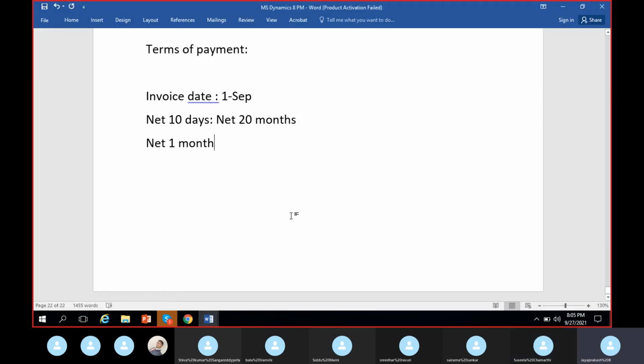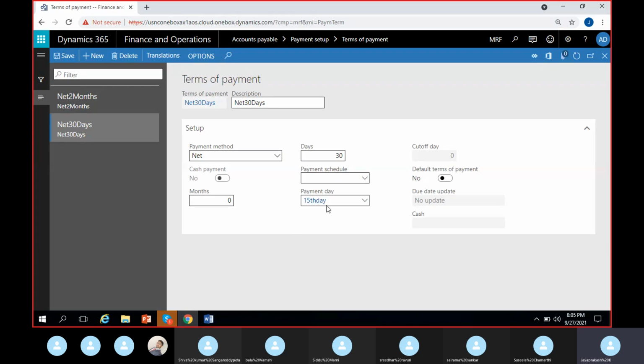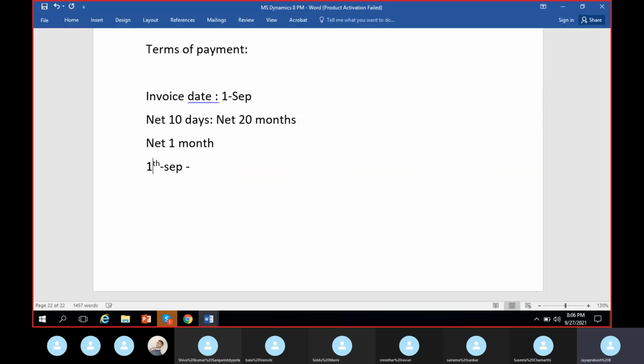Suppose I'm doing the invoice on 10th of September, then what is my due date? If I follow this particular pattern, my due date will fall on the 15th day. 15th day means 15th of September only. Even though I have net 30 days here, the 15th day is one of the conditions I have in between. Suppose the invoice is done on 16th of September, then the due date will be